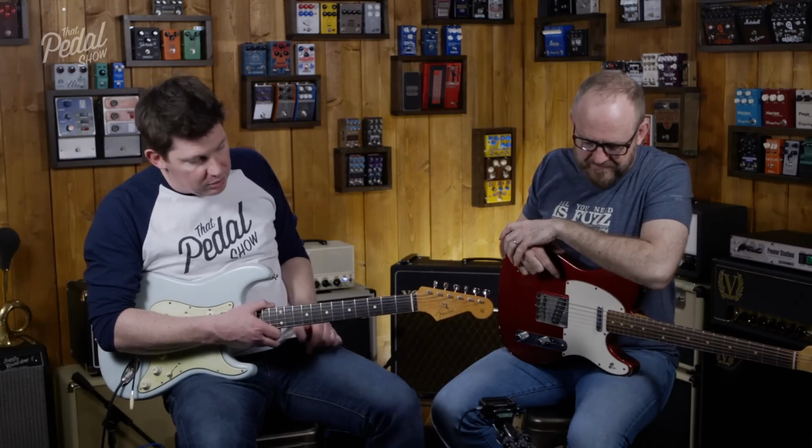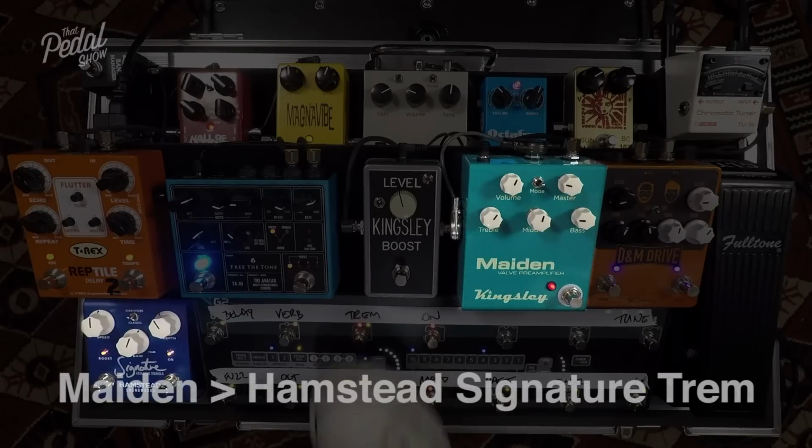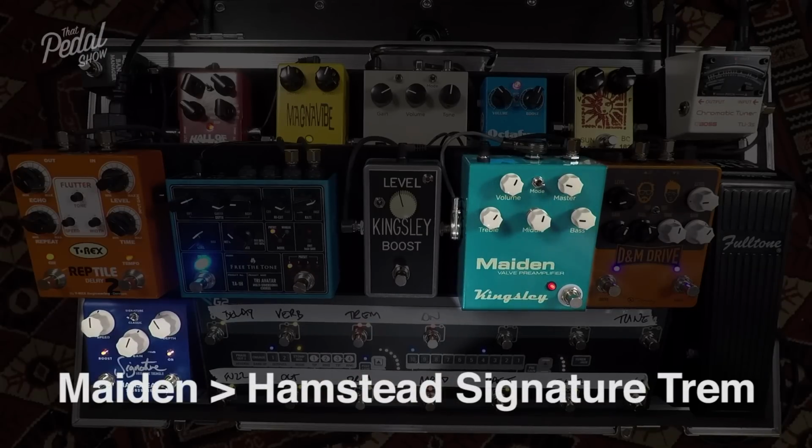Tremolo is the one thing we didn't do. We kind of looked at it at the beginning, didn't we? So this is the Hamstead signature tremolo, which is just...